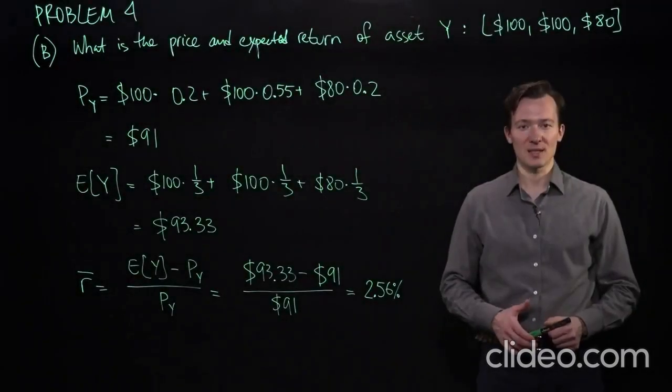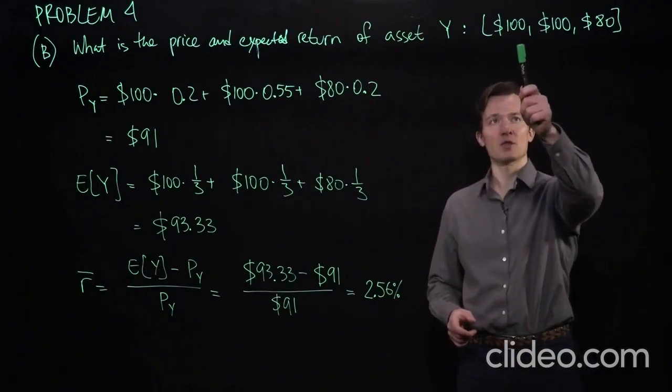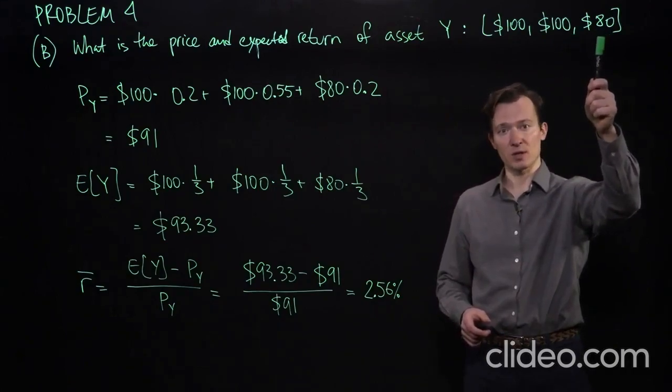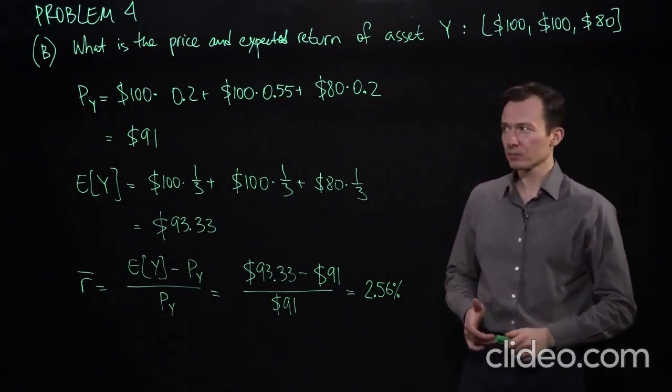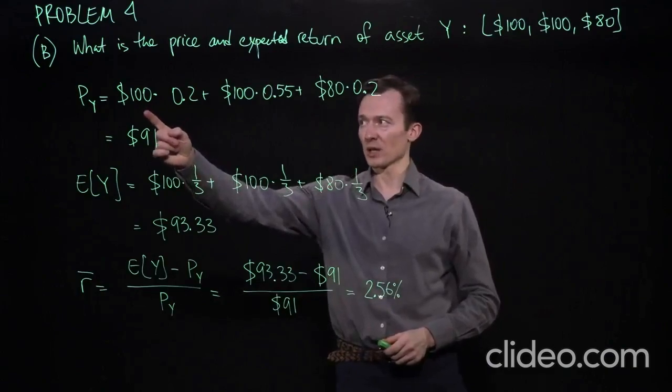The second question asks us to find the price and expected return of asset Y. Asset Y pays off $100 in the first state, $100 in the second state, and $80 in the third state. Let's start with the price. The price of asset Y equals the payoff that we get from this asset in the first state, $100,